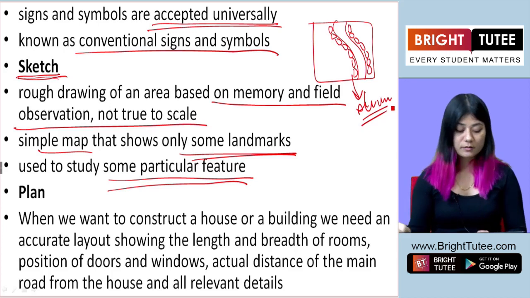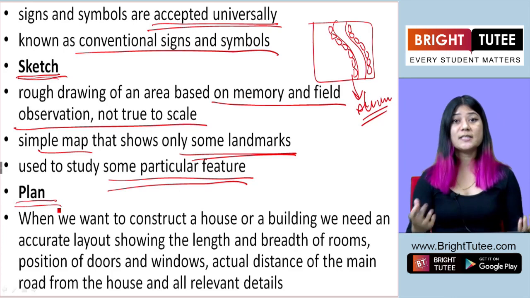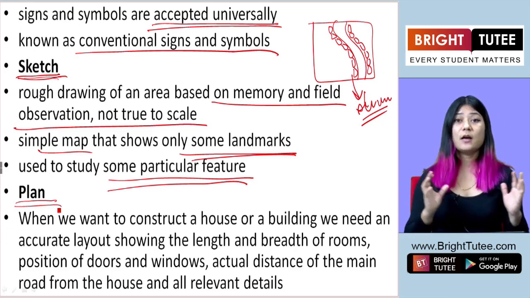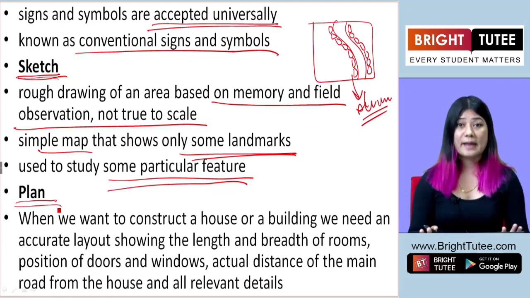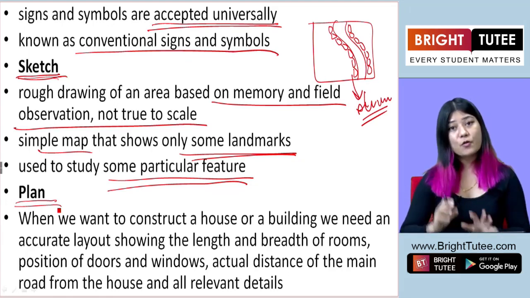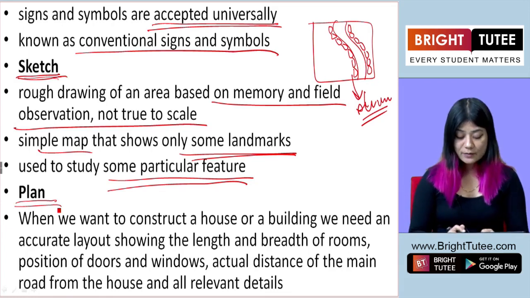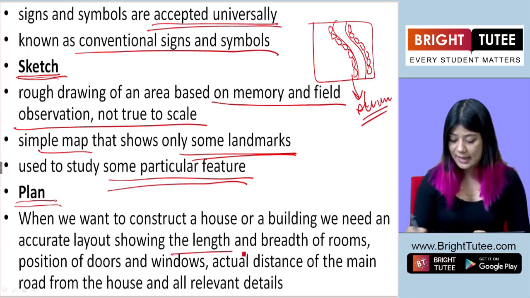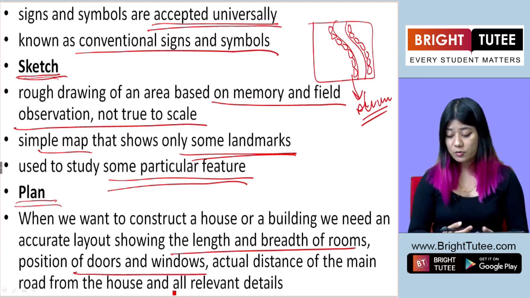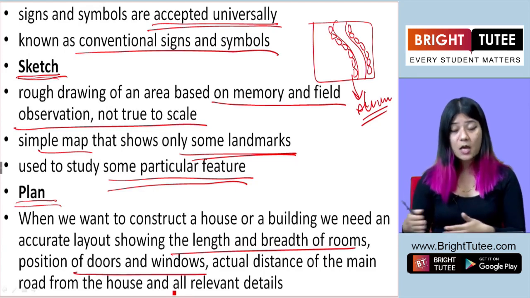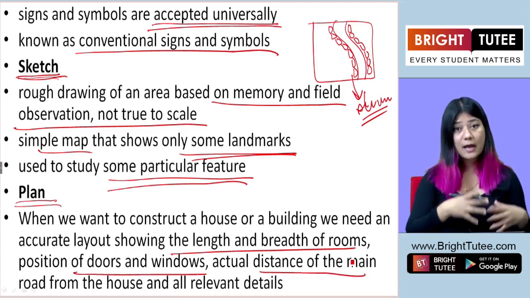Okay, the slum. Okay. The next kind is called plan. Now, when you build a house, when you build anything, an apartment or a room, you need a plan. You need a plan before you construct a building, before you build a room. Okay, that plan will have an accurate layout showing the length and breadth of the room, of the house, position of the door, of the windows, position of the toilets, position of the balconies, the distance between the house or the room,